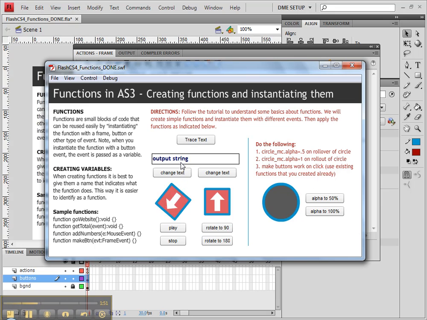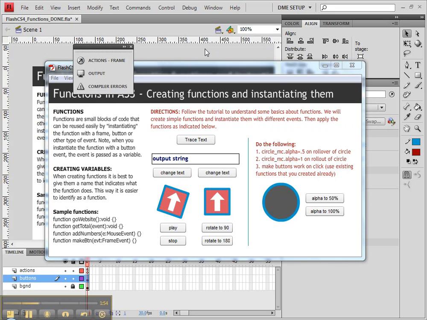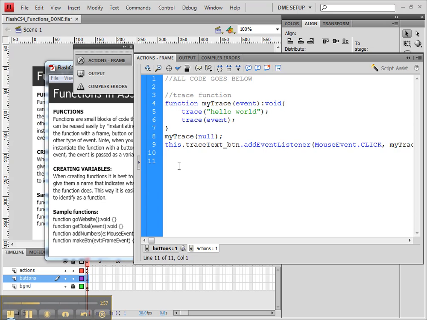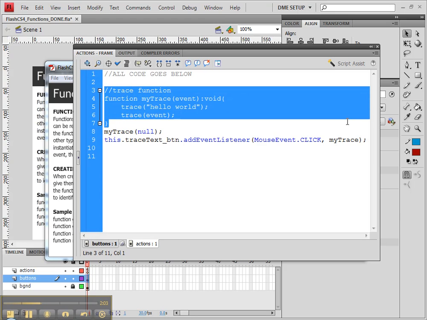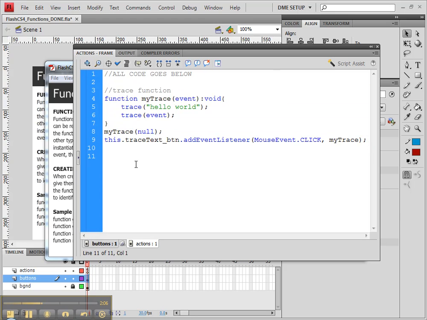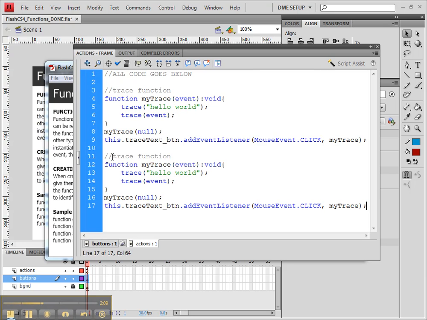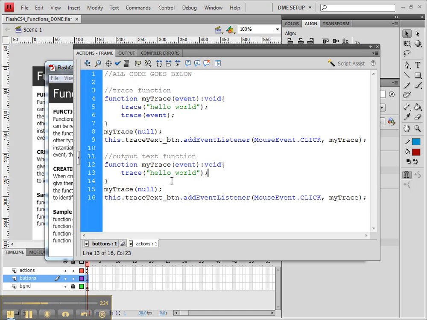You'll see that I have another function here to output a string. To create this function, here we go. I'm going to go ahead and copy basically what I already have. Control C, go down a couple lines, and let's go ahead and give this another one. This is the output text. Now with this one, we are going to be changing the text that's in a label here. So I'm going to have to take out the trace hello world, or actually I can leave in the hello world part,